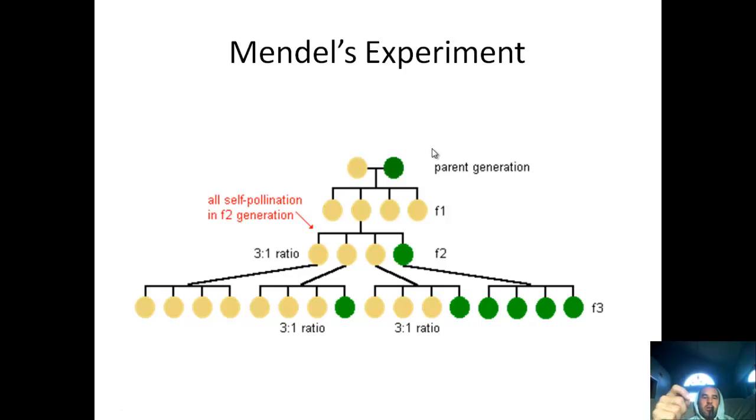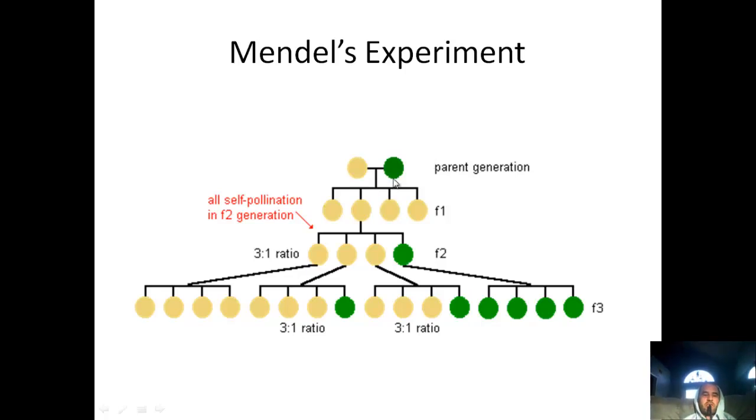The way he's able to do this is he removed all of the male parts from one of the plants, so that way it couldn't pollinate itself. And then he takes the male parts off the other one, and he dusts them against the other plant. So he takes maybe the yellow male parts, dusts them against the female to get his cross. So that way he's the one pollinating the flowers, and they're not getting pollinated by bees or wind blowing the pollen. He's controlling all the pollination. So that's the first thing that he did, a controlled part of his experiment.